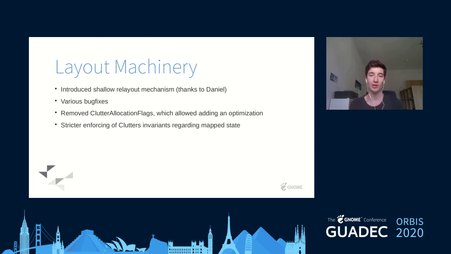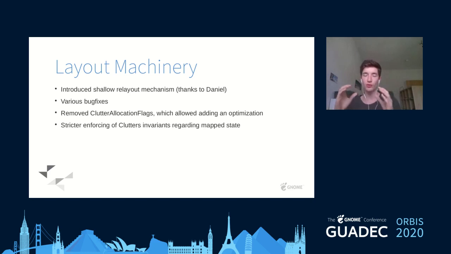Then we have removed Clutter allocation flags. Clutter allocation flags basically were used by Clutter during the allocation cycle to pass on information about the allocation cycle to the children which were allocated. And there were 2 of those flags. They were both pretty much unused, and one of those flags was called absolute origin changed. Now this flag was used for notifying children that an actor's origin changed. So you'd have a position of an actor,